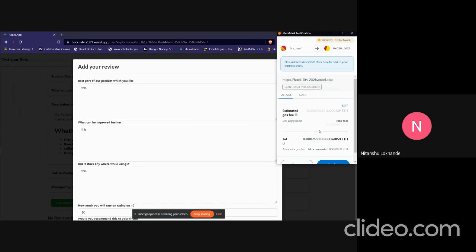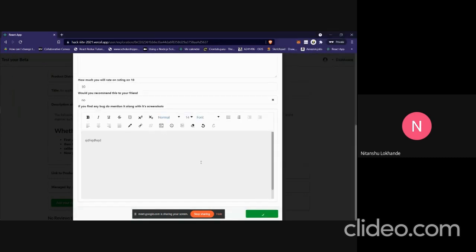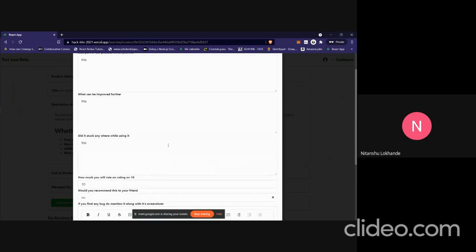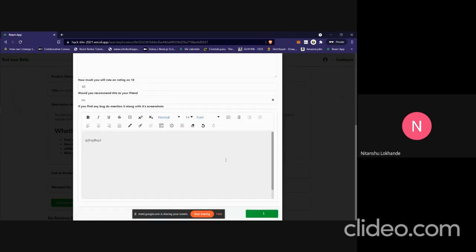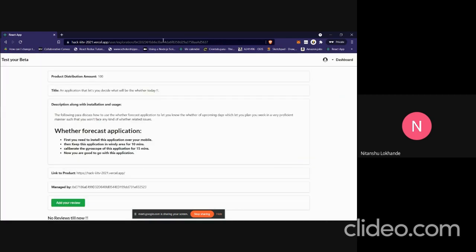Once clicked, it will again ask for a confirmation message, as this review is being stored on the blockchain network, and any change to the blockchain network requires an interaction with the smart contract. Yeah, and this review has been successfully added to this post.